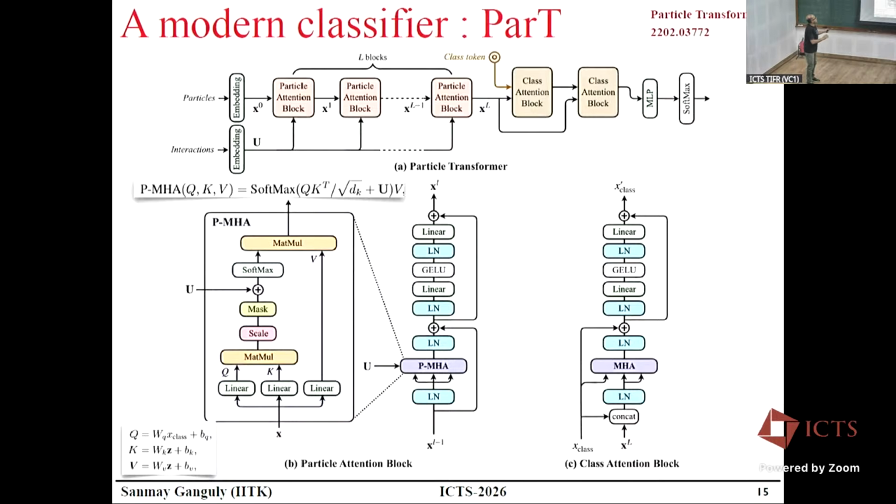But nonetheless, if you really want to understand how machine learning on jets is done these days, what you do is show these particles, which means essentially the features of particles inside the jet, to a trained neural network and ask it to perform a downstream task, where each of these particle attention blocks has a complicated internal structure. So this is something you have to code, build up, and deploy.